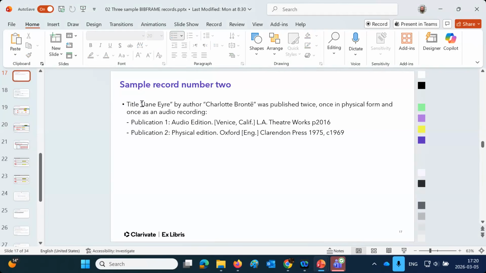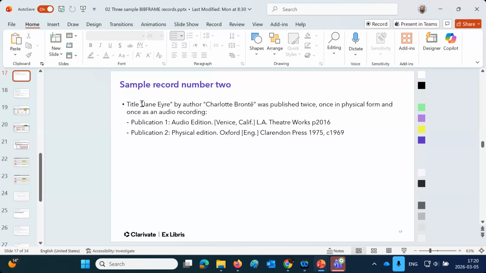I know people say Bronte different ways in different countries, so excuse me if I said it wrong in your country. So here we have two works, each with its own instance,